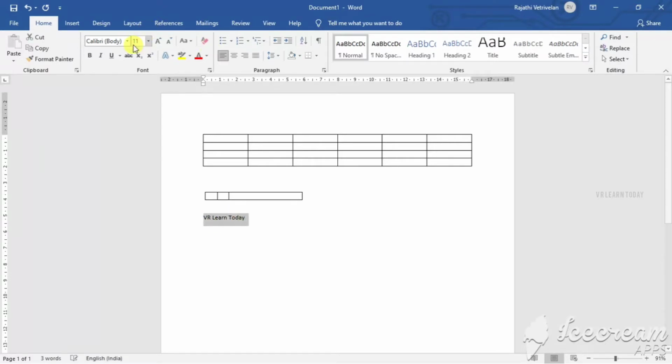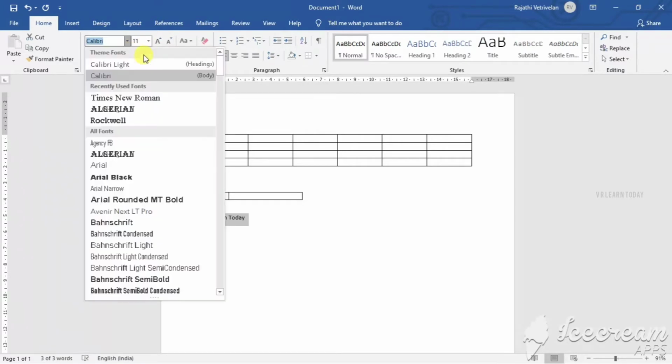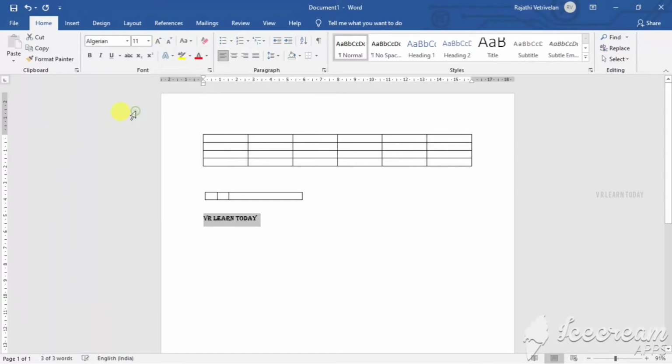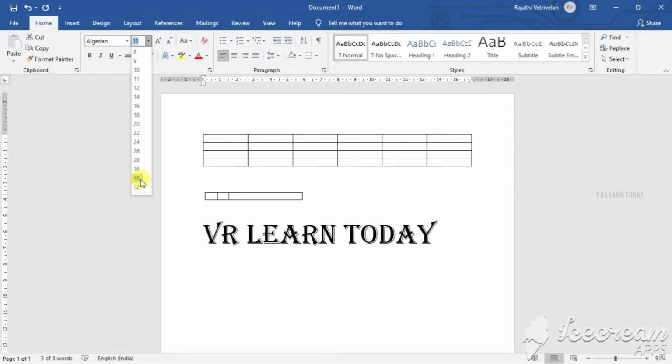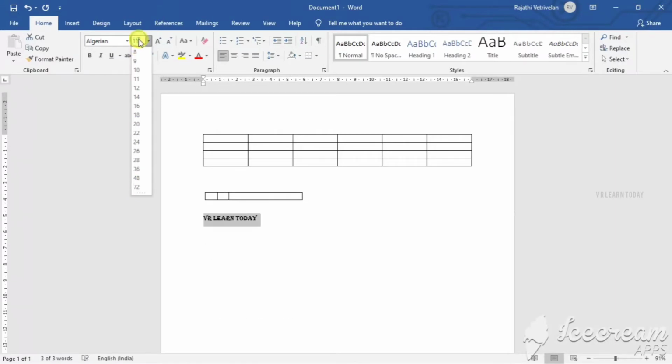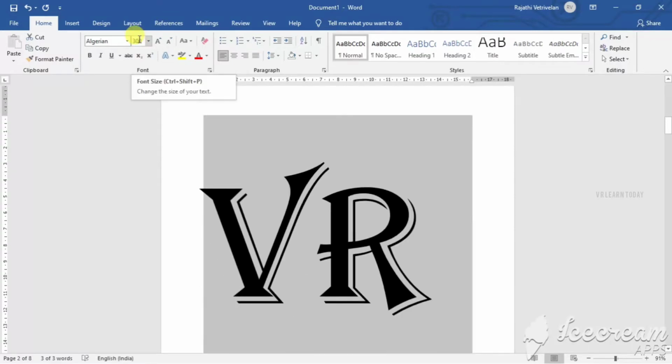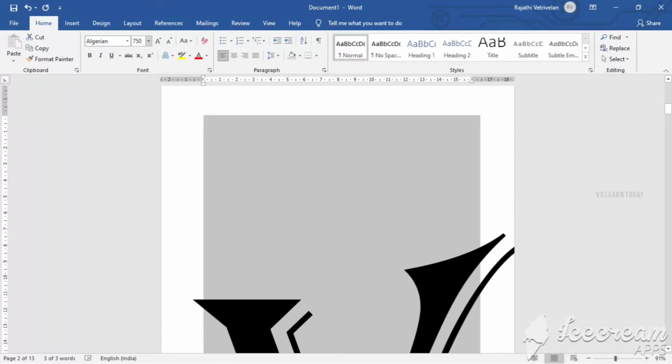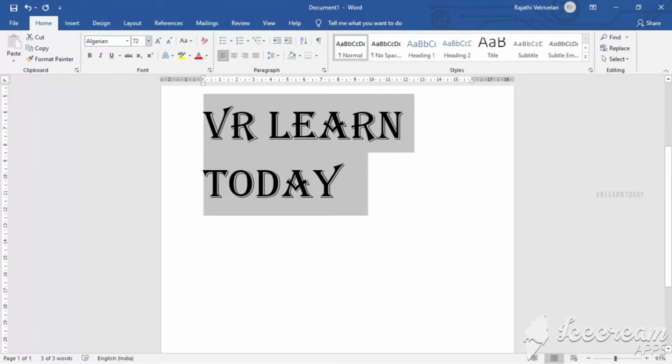You can apply styles, which means you can change the font style, and you can change the size also. This is not restricted to 72. You can edit here. You can give 300, you can give 750. Yeah, it's going on. So 72 is not a restricted limit. It's editable, so you can give your own size.